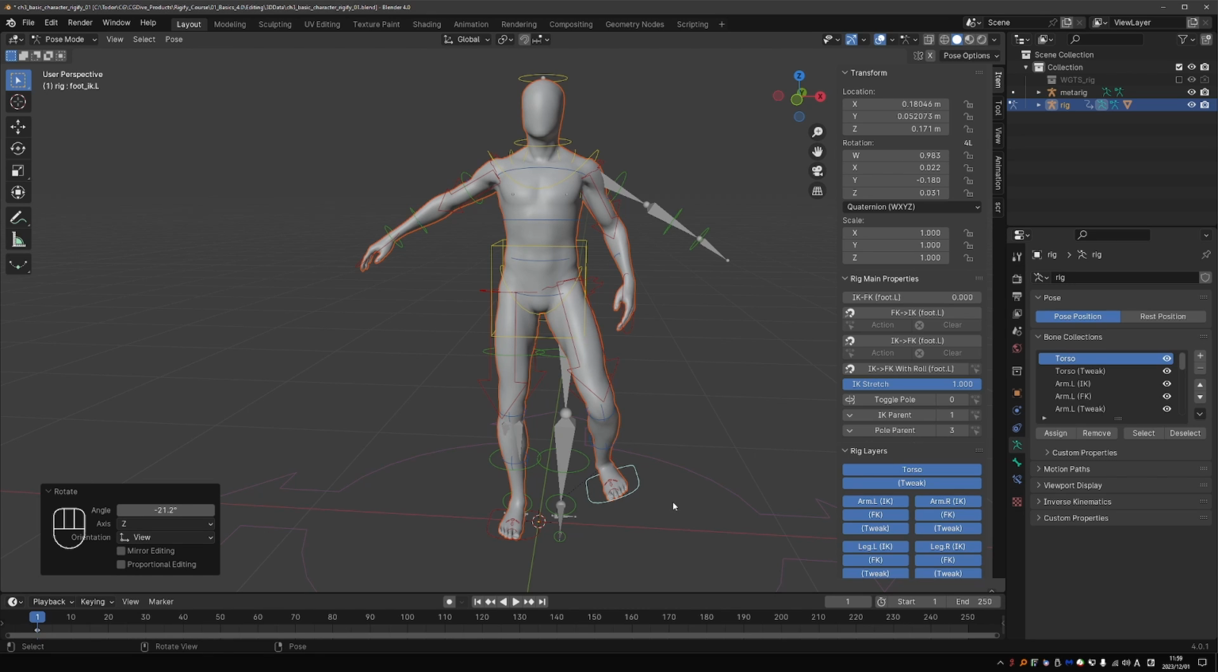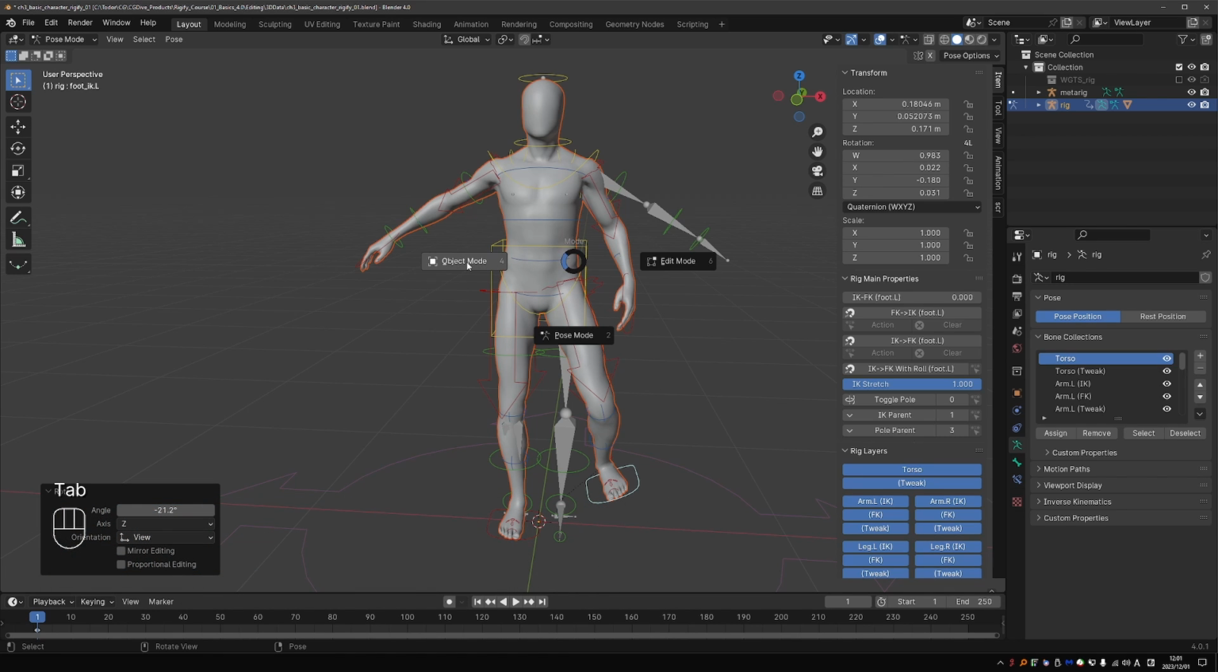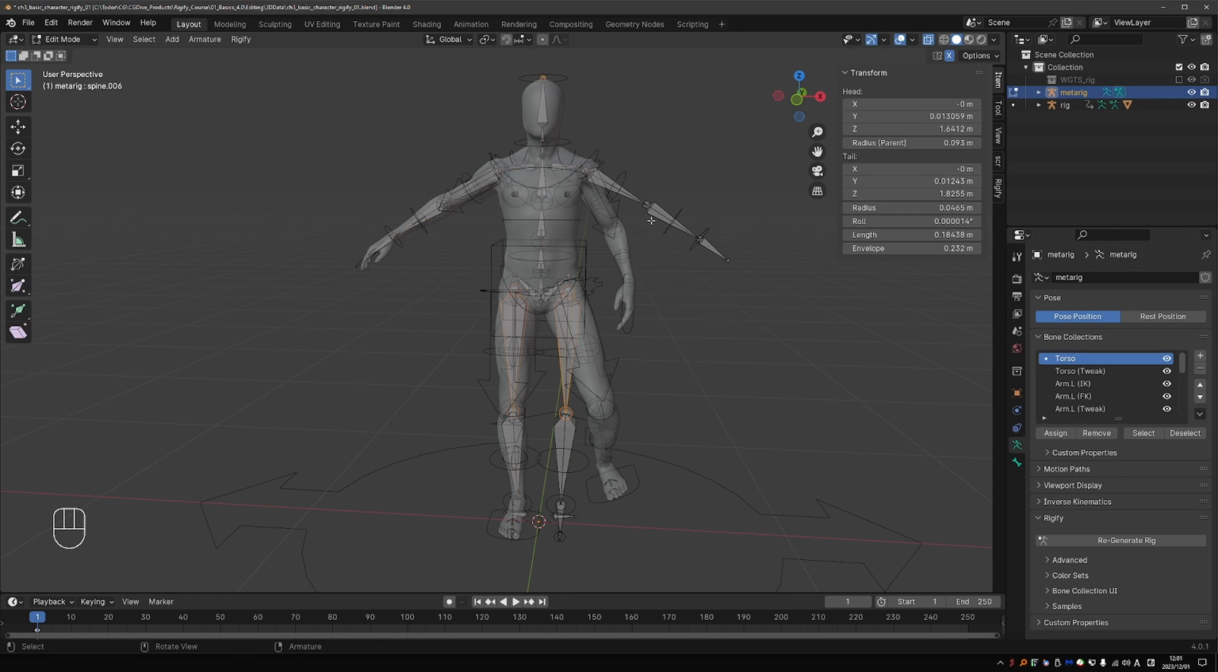And the character is controlled by this amazing new armature that Rigify made for me. We'll come back to the rig, but I want to make you aware of a very important feature of Rigify, which is that you can keep tweaking the rig after generation. You have to go back to your Metarig, edit mode,